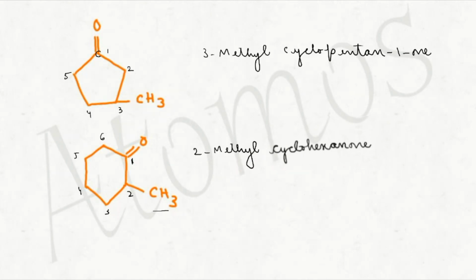Got it? Whatever we have written is the IUPAC name of these compounds. Okay. In addition to that, you will have to remember the common name also. Only a slight difference will be there. We will be giving the numbers 1, 2, 3 in the IUPAC system. But in the common system, we will be specifying the position of the substituent as alpha, beta, gamma, delta, etc. See, this is the functional group, okay, which in turn is directly attached to this carbon atom. So that should be given the position alpha. If so, this will be beta. So how to write the common name of this compound?